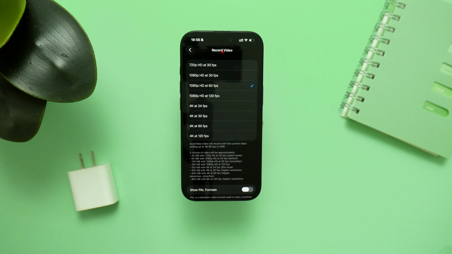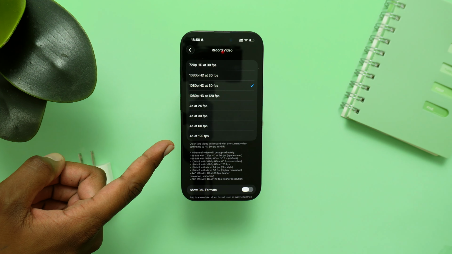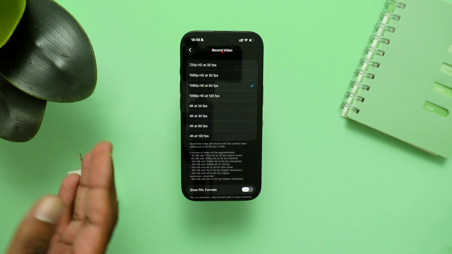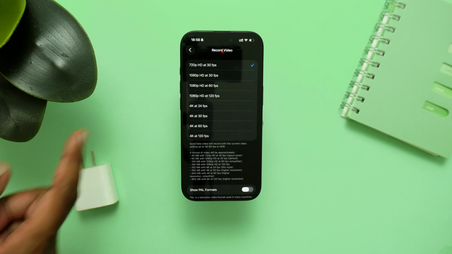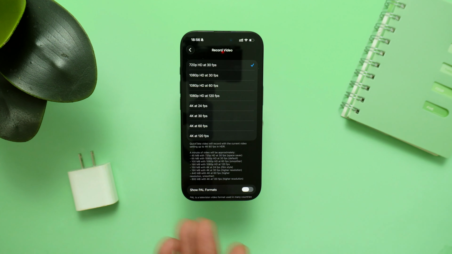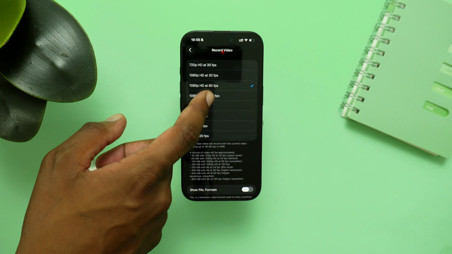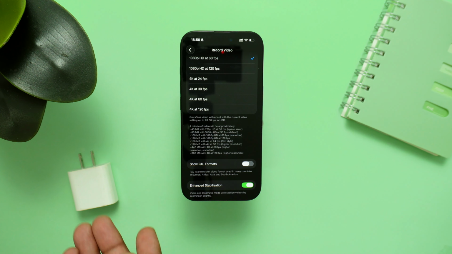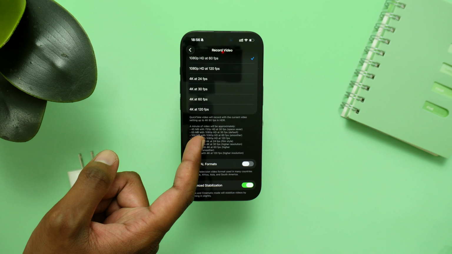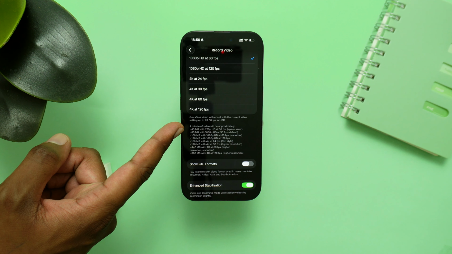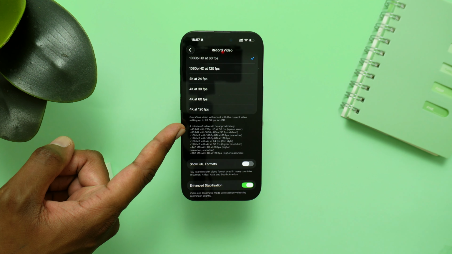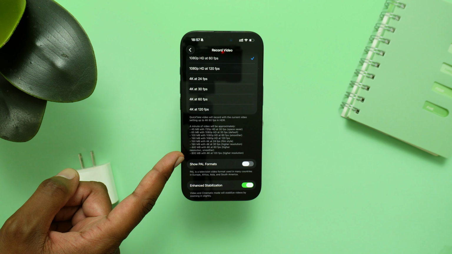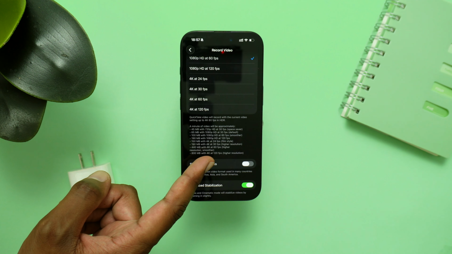You can actually go on and change this, right? For example, you can go all the way to 4K, which will occupy more space. It's 100% useless, but you can reduce all the way to 720 if you want to record a very long video and you wish to upload it somewhere, right? And you can see here just an idea of how much space that video will occupy. For example, 720 at 30 frames per second will occupy 45 megabytes approximately for a minute, all the way to 800 megabytes per minute at 4K at 120 FPS, which is the highest resolution that I do have on